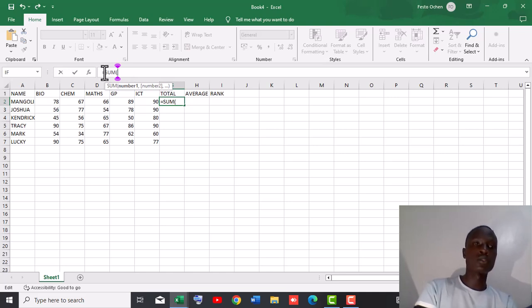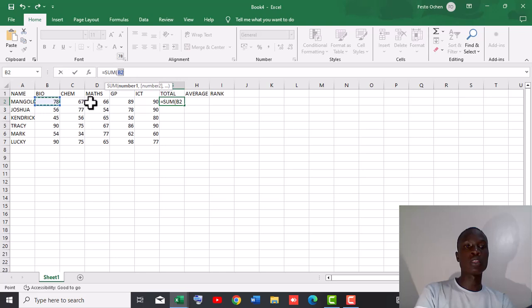Okay, so if I'm going to start with this, I'll bring my cursor over here. Then you make sure that all this covers all this part you want to total, because now I'm going to total this for Mangole. So I'm going to make sure all this covers this part and make sure that it totals up. So I'm going to bring my cursor here, make it somewhere there in a way that I'm able to adjust it, and then bring it there, then do that, and sorry,